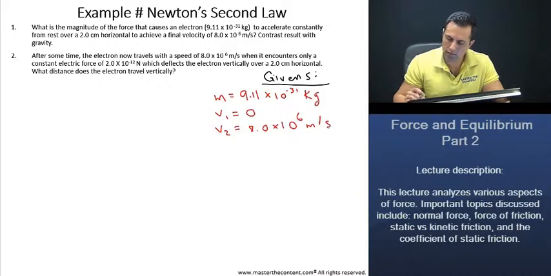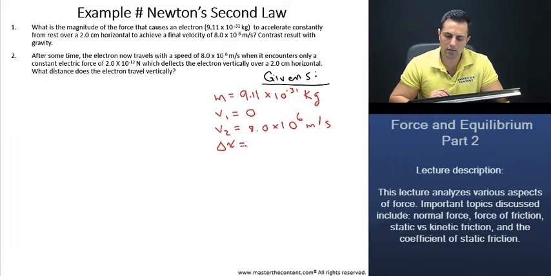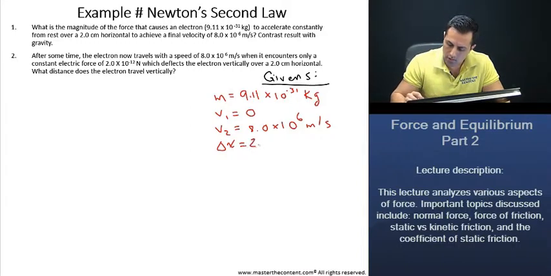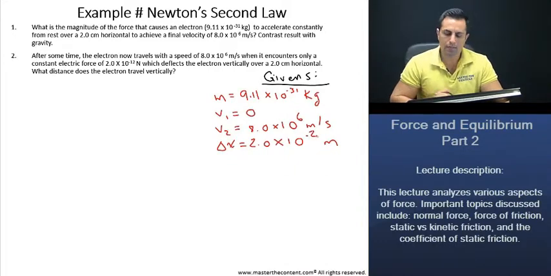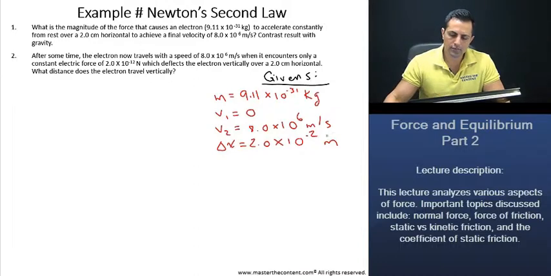meters per second. Now, we also know how far the electron travels. It's telling us along the horizontal it's going to be traveling 2 centimeters, and we know that 2 centimeters in meters gives us 2.0 times 10 to the power of negative 2 meters. Now, what else are we looking for? It's asking us for the magnitude of the force that causes the electron to accelerate. Thus, we need to find